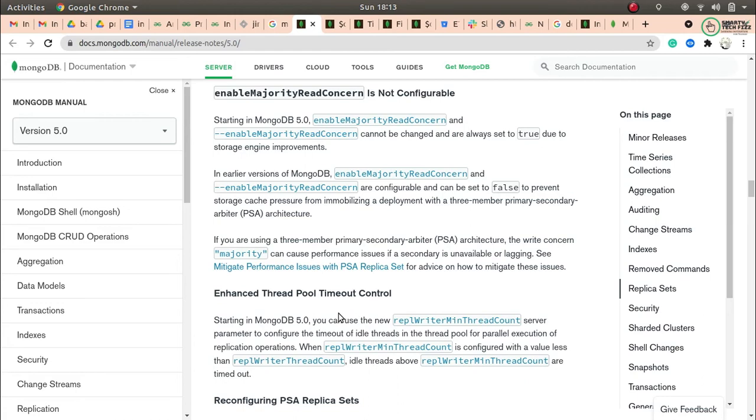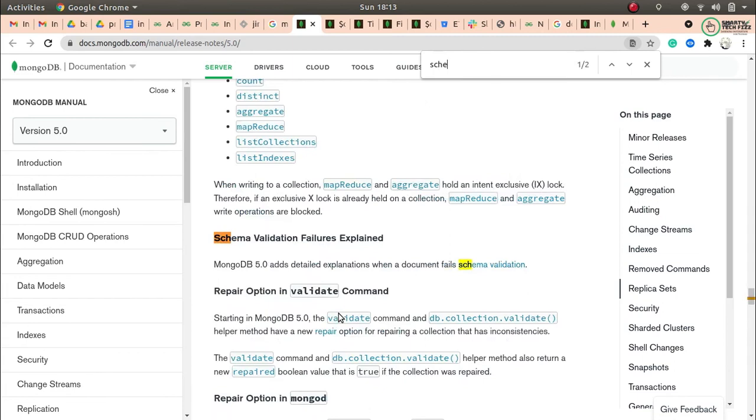Okay, but the change that has been done here is, now when any document you insert into a collection fails due to the schema validation, it will give you more brief messages, so you will be able to understand why the insertion failed.